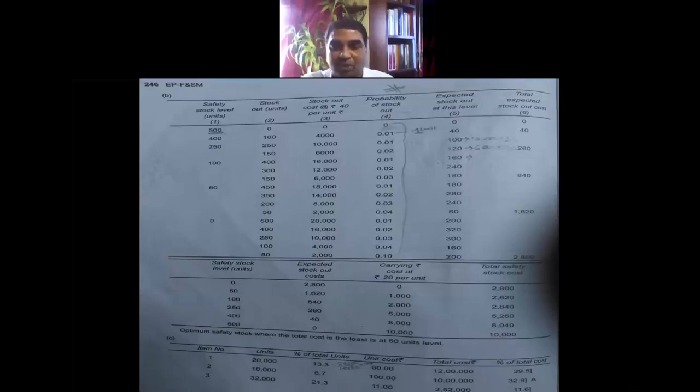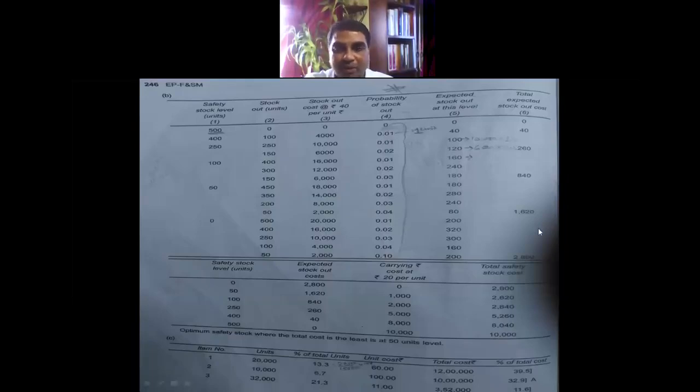I will suggest all of you to see it and to solve this particular question. Perhaps this is the only question available in the study material which talks about the stock out cost calculation. And many people still feel that these probabilities taken in the study material are wrong. It's not wrong, as you have understood, we have discussed